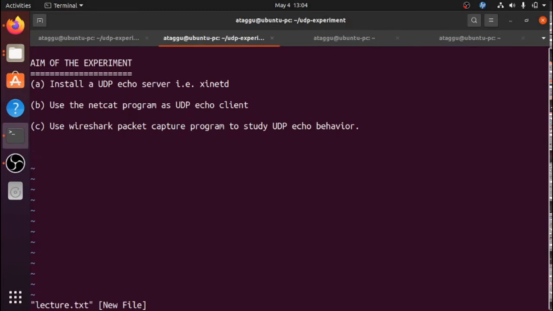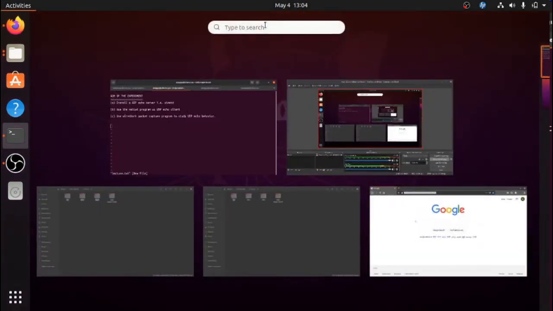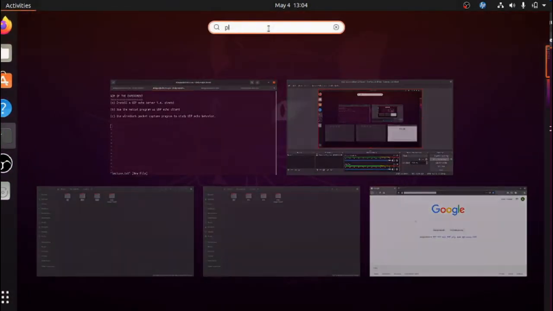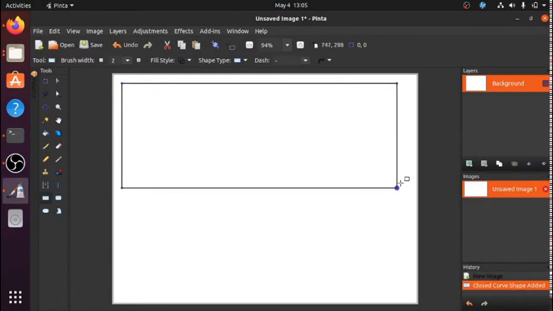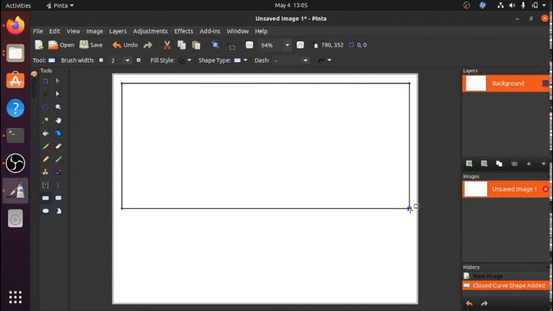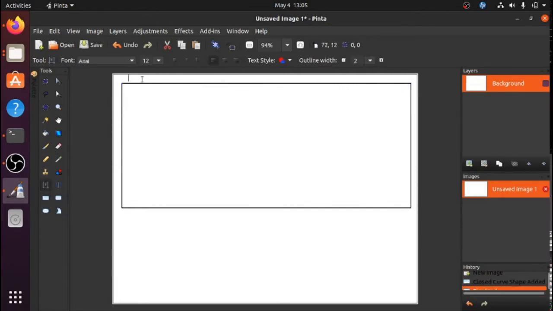Okay, so in order to understand this, let's take a quick look at the experimental setup that we are going to do. Of course, we know that all the programs that we run are running in the application layer. This is OS user mode.